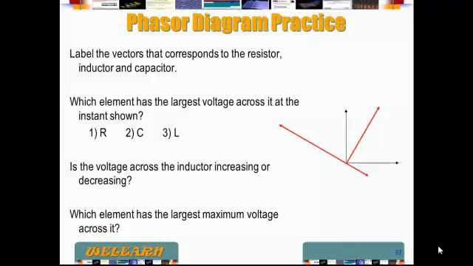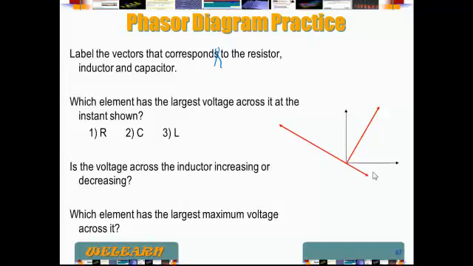In this question, they are asking us to label the vectors that correspond to the resistor, inductor, and capacitor. The vectors are provided in red here. We have the x and y axis shown in black. Now remember, this is a phasor diagram, so the whole contraption, these three arrows, is going to be rotating in